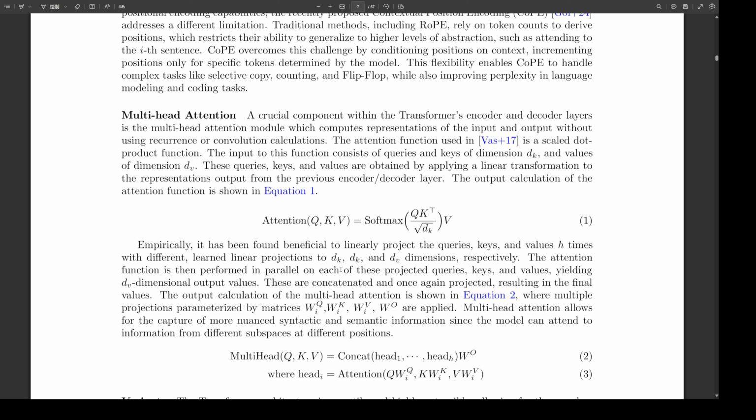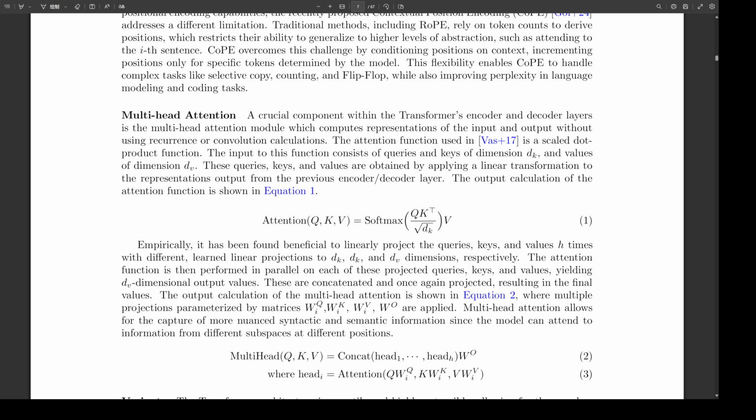That's a really clever idea. Basically, instead of doing the attention calculation just once, the multi-head attention module does it multiple times in parallel, each time using slightly differently learned parameters. This allows the model to attend to different aspects of the input simultaneously. So it's like having multiple experts, each focusing on a different part of the text, and then combining their insights. That's a great way to put it. It allows the model to capture a much richer understanding of the relationships between words in the text.